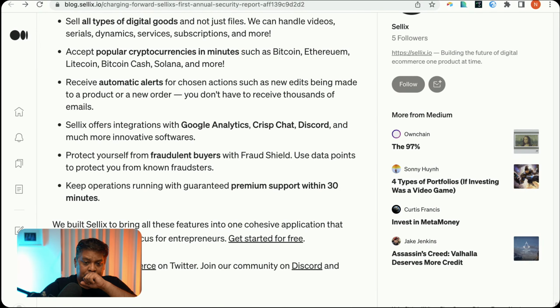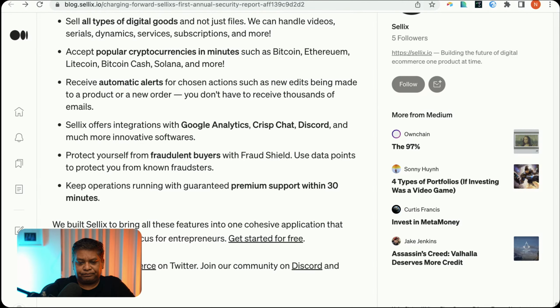Accept popular cryptocurrencies in minutes, such as Bitcoin, Ethereum. So there's quite a lot of futuristic things which they are doing. But again, it can also attract a kind of people who don't want any type of transactional trace, or want to do transactions completely anonymously, like using Monero, as someone commented the other day.